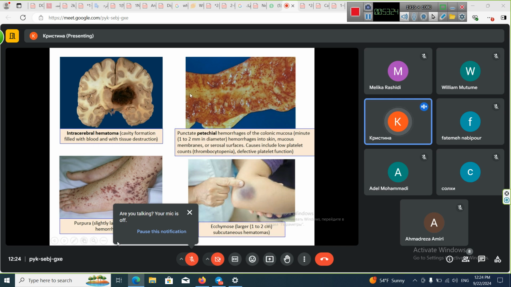So we see mucosa of the colon, and we see these dot-like bleedings, 1 to 2 millimeter in diameter. Next, purpura are dot-like bleedings, but they are larger, and ecchymoses are subcutaneous hematomas which are much larger, several centimeters